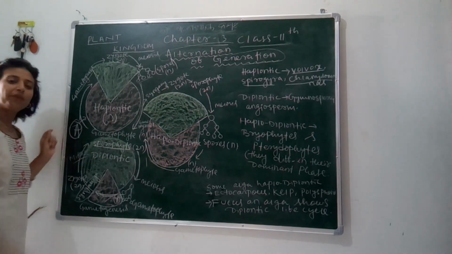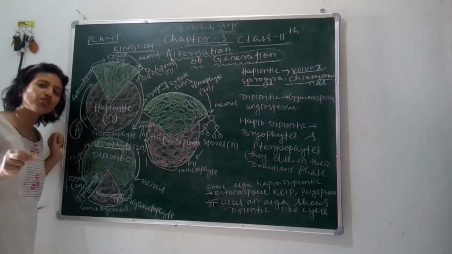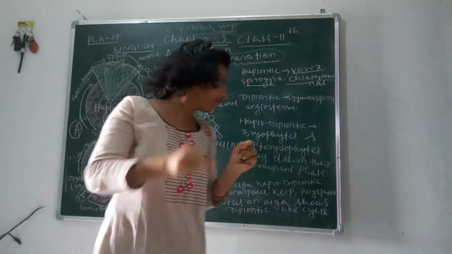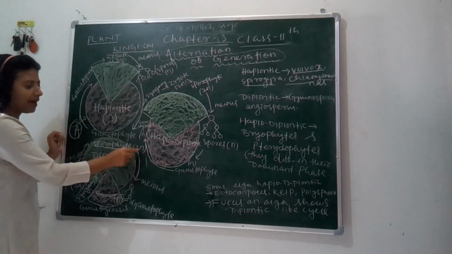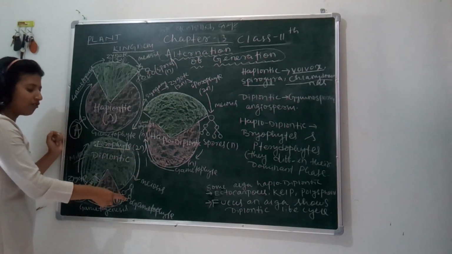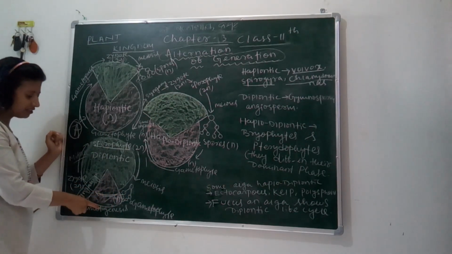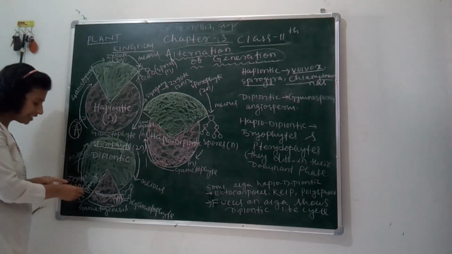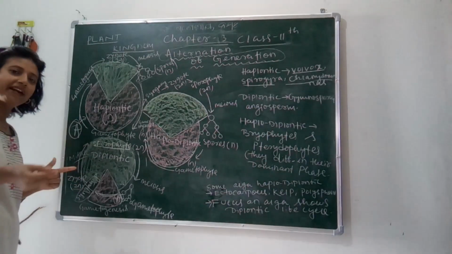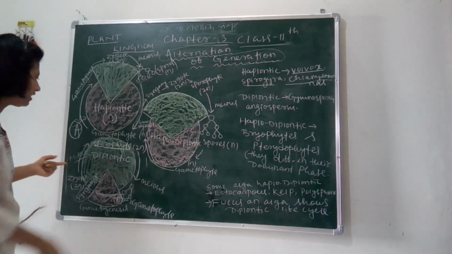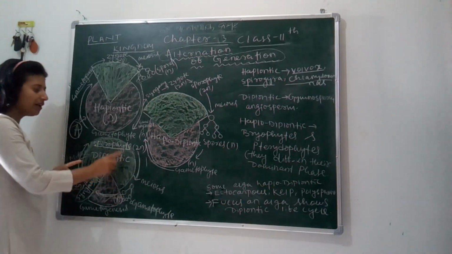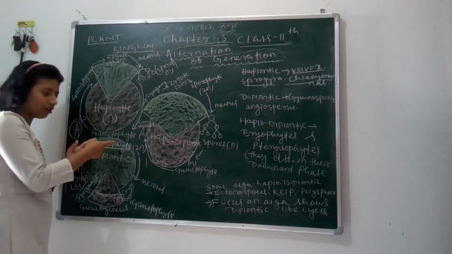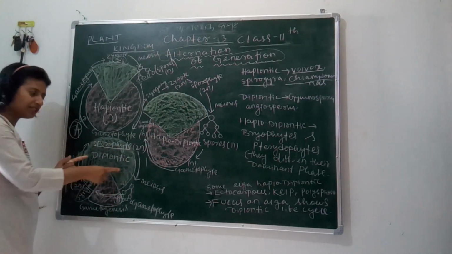Remember, for formation of gametes, if the parent body is diploid, it goes through meiosis. So here, as the parent body is diploid, it goes through meiosis and forms 4 spores, and the spores again go through gametogenesis and form gametes. The gametes fuse to form the zygote, which contains 2n chromosomes, and the zygote starts dividing mitotically or equationally and again converts into a plant. So here we can see the plant produces gametes. Again the gametes fuse to form the parent, the sporophyte. So here we can see how alternation of generation takes place.